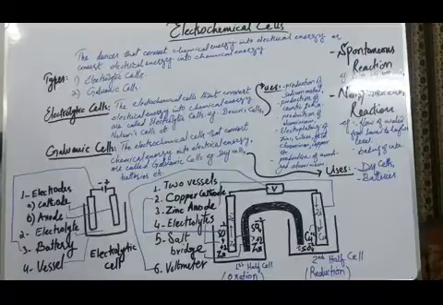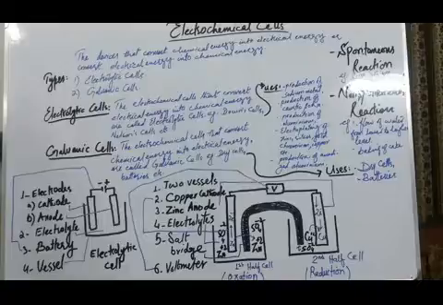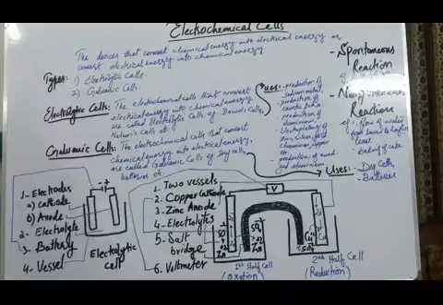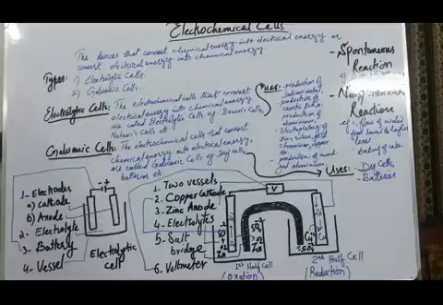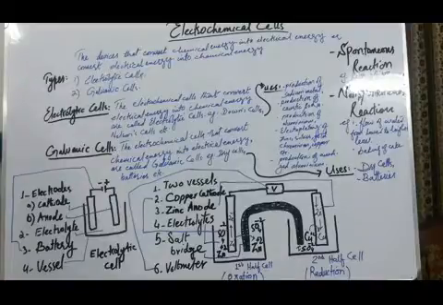Now we come to the second type of cell, which is called the galvanic cell. The galvanic cell is also called the voltaic cell. It is also called the Daniell cell because it was first constructed by Frederick Daniell. Galvanic cells are those cells which convert chemical energy into electrical energy. In other words, in this type of cell,